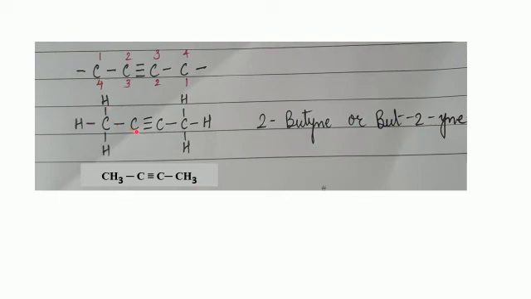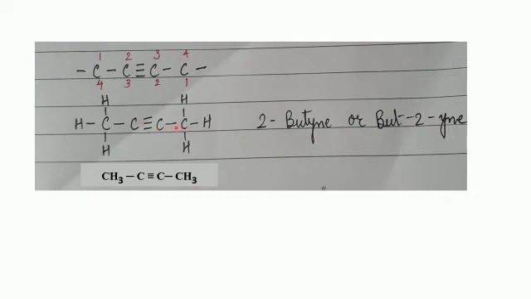Coming to this carbon here, it is forming a single bond with this carbon, so 2 electrons are shared here. And we can see a triple bond, so 6 electrons are shared between these 2 carbon atoms. So 6 plus 2 is 8. So this carbon will not need any hydrogen because all valencies are satisfied. Coming to this carbon here, triple bond we can see here, single bond here. So 2 plus 6, that is 8. Octet is established for this carbon also.